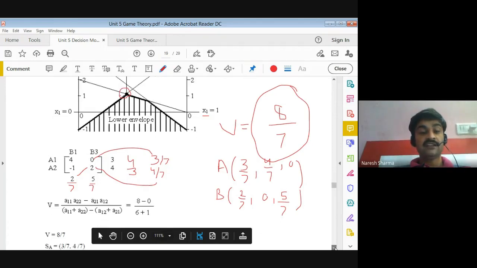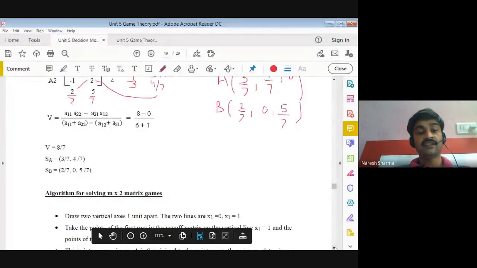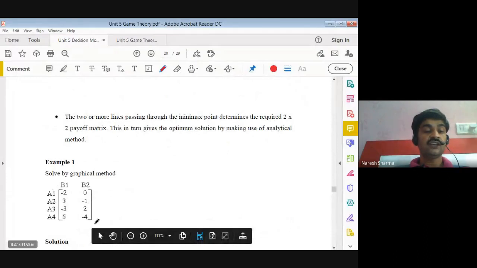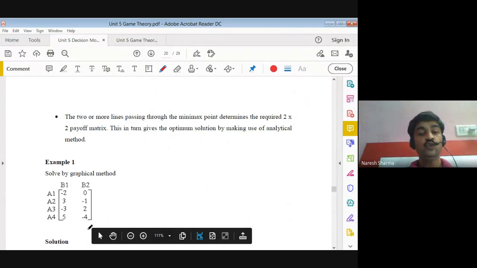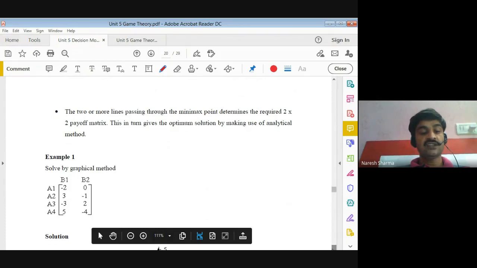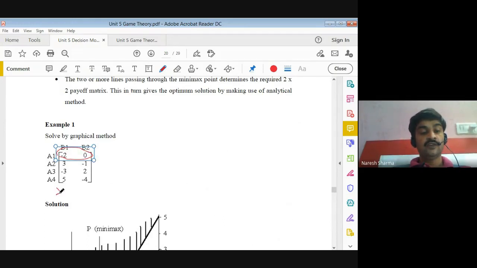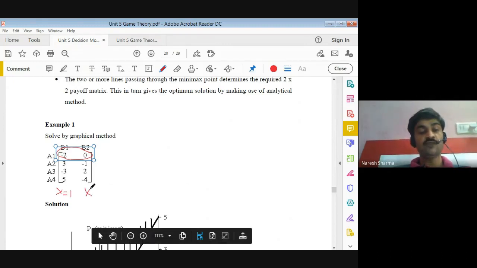So one more example I would like to discuss, in case 2 columns are given and rows are more. Rows here are 4, but columns are 2, and in the previous example we had only 2 rows. So column wise, the process is the same. You just choose these values, minus 2 and 1. You can place all the values of the first column at x equal to 1, and the second column at x equal to 0.